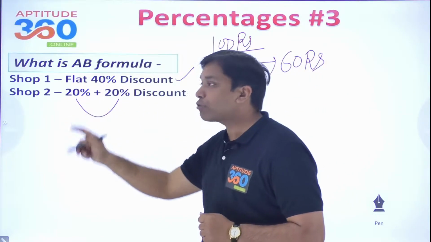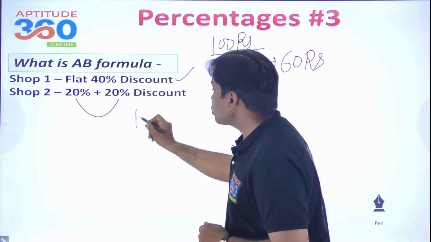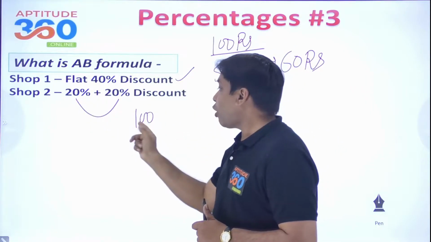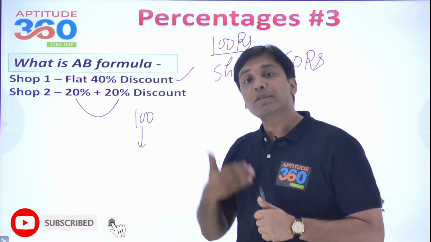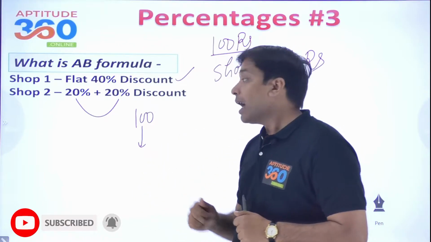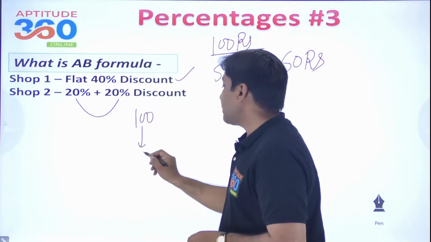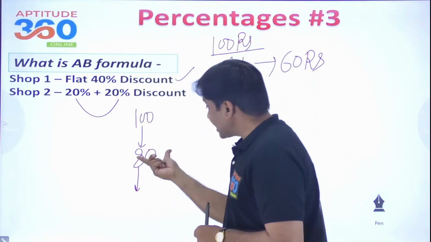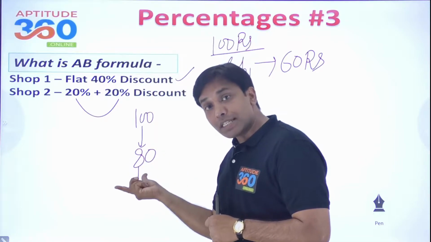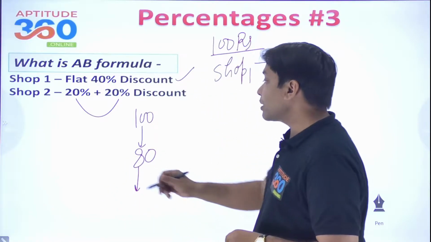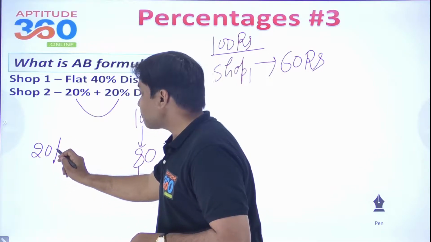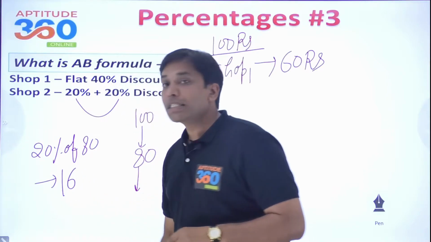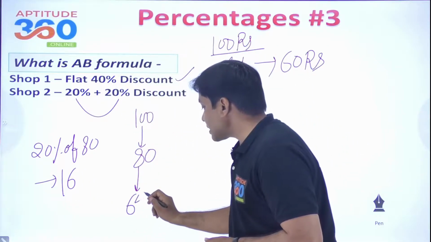Whereas if you decide to go to shop number 2, then this is how the change is going to look like. First 20% will be offered on 100 rupees, right? That's the meaning of 20% plus 20%. It's cascading, right? अगर आपको 20% discount यहाँ पे मिला, so this is going to be what? 80, right? And then further 20% discount will be offered on this 80 rupees and 20% अगर आपको निकालना हो 80 का, so it's pretty simple to find out. आप निकालो इसको, that's gonna be 16, right? So 16 less is coming out as 64.